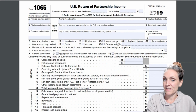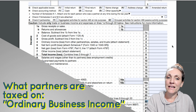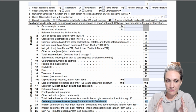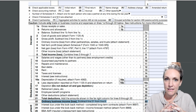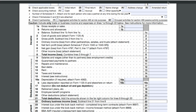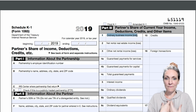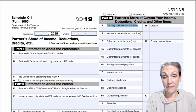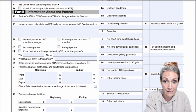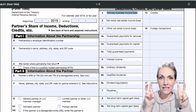We can see here, this is the Form 1065, right? And I had a screenshot of this line right here, ordinary business income. An easy way to think about this, it's much like the Schedule C, right? Income minus expenses, focused on only what the business is in the business of doing. So owners are going to share this amount, and it's actually ordinary business income is box 1 on the Schedule K1. This is the form that the owners get, right? And you can see this is ordinary business income, and then there's all these other types of income, gains or losses, or types of expenses, any other types of activities, charitable deductions, things like that are all separately stated throughout